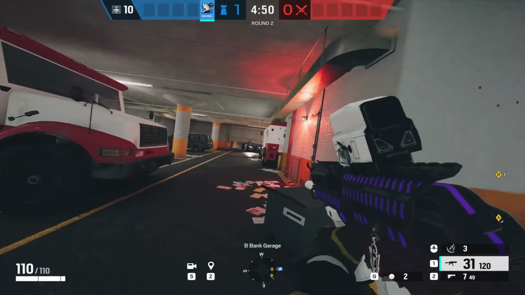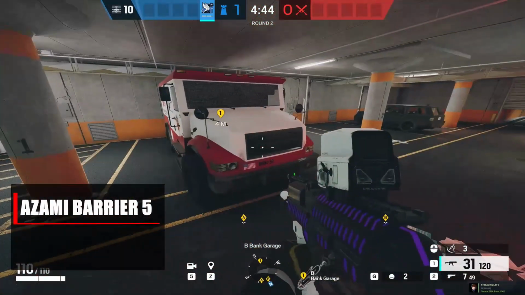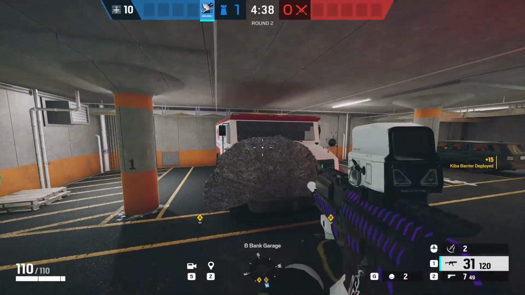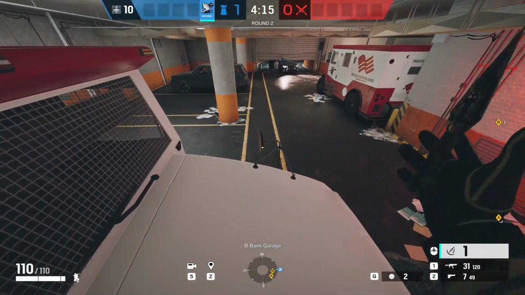could have a setup out here as well that I'm going to show you, and this is a really sick one and I've been using this recently and it's so much fun. So if you jump up on top of this little container here and place a Kiba barrier on the light of the truck, you can run and vault up on top of the truck. You can then place a second barrier onto the mirror on the front of the truck right on the ping